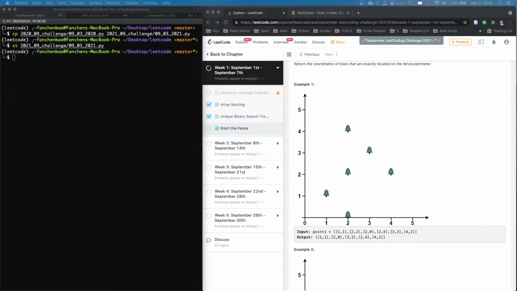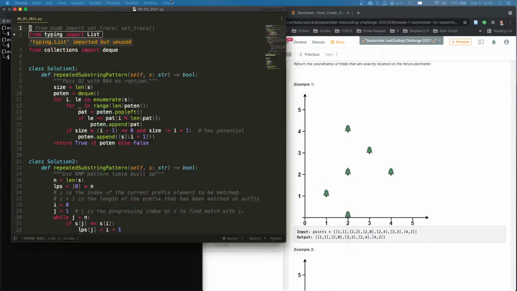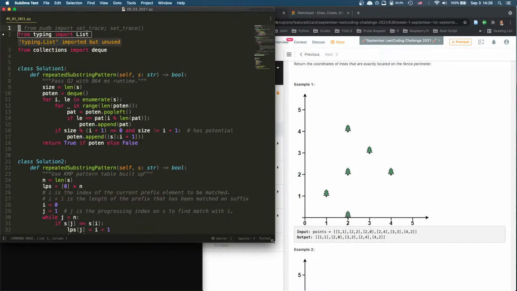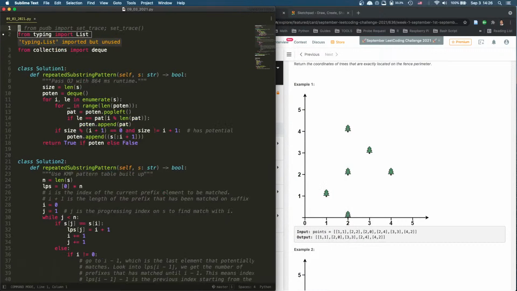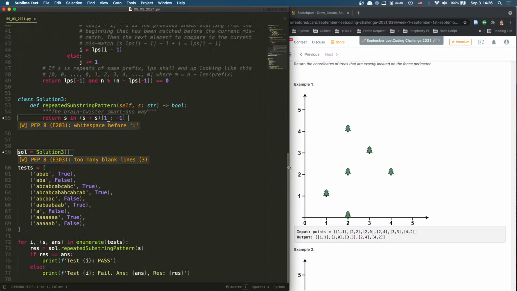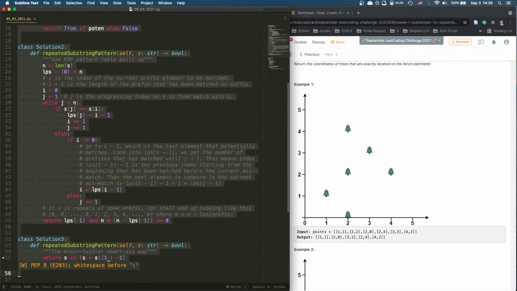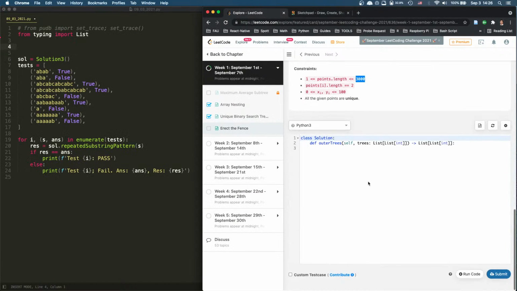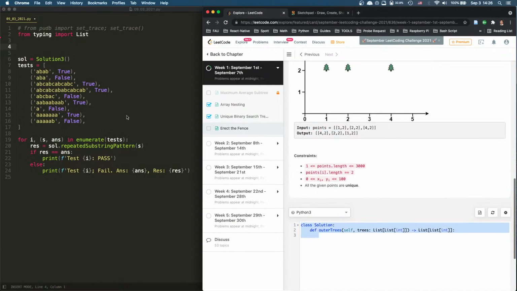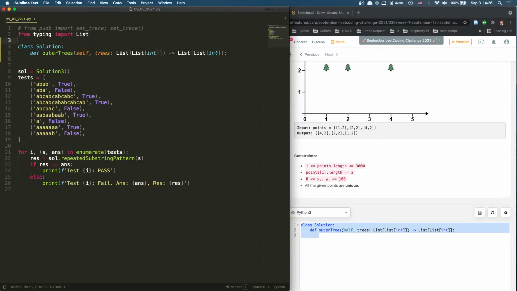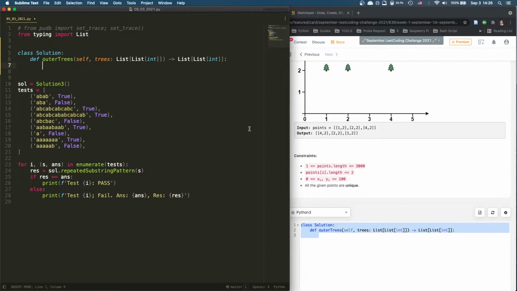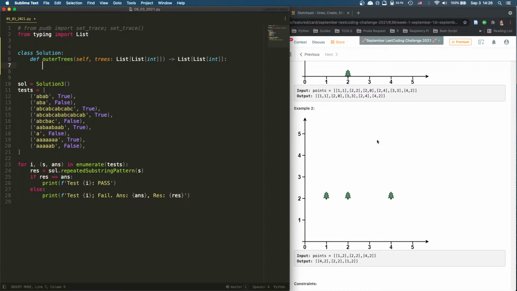Oh, this one, I think it took me a while to even come up with an idea. All right, so here is what I'm thinking. Outer trees. All right. So first of all, we are going to